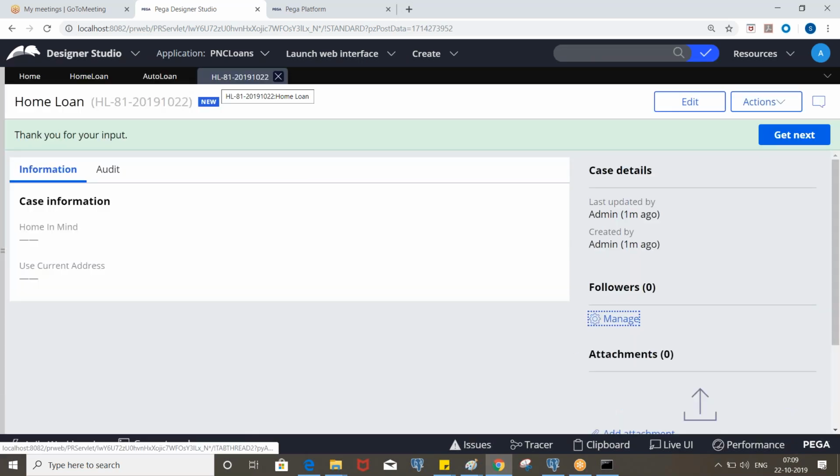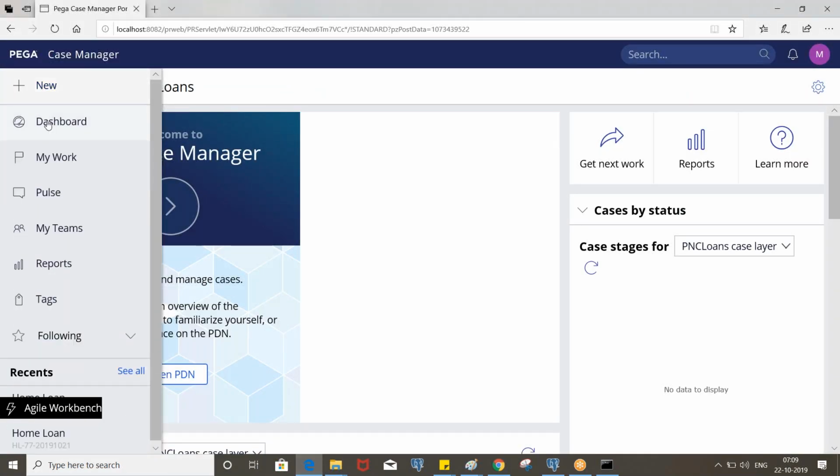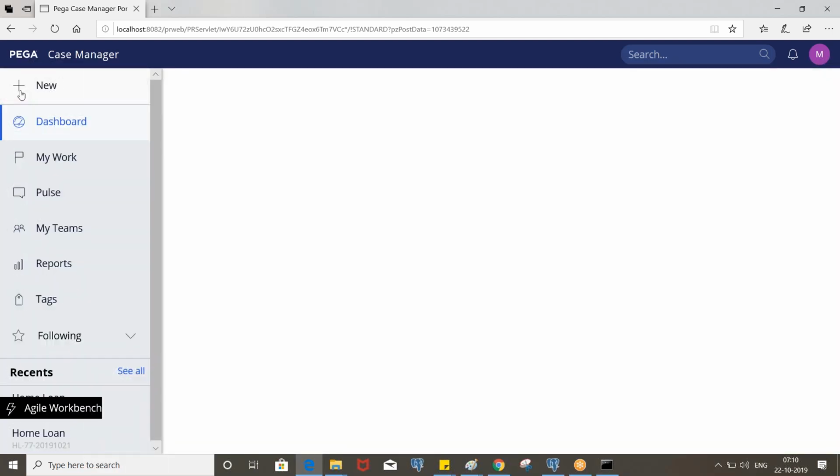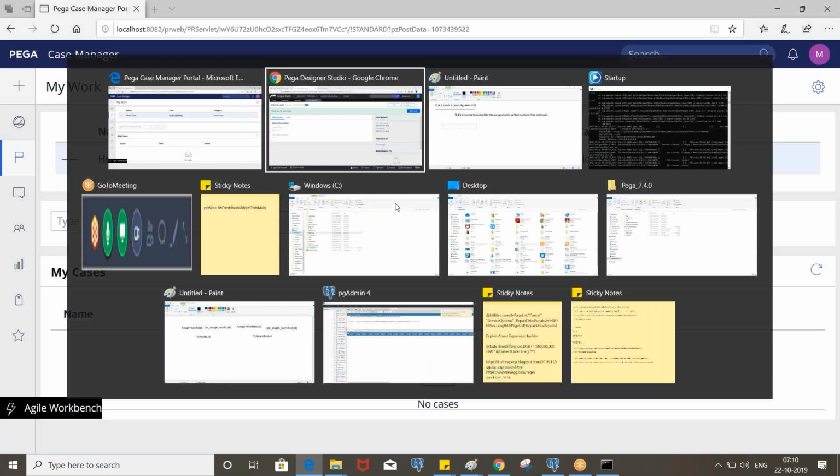So it has been routed, right? So the work object ID is HL-81. So now go to the manager portal. My work. So HL-81, right? So now let's route auto loan assignment.